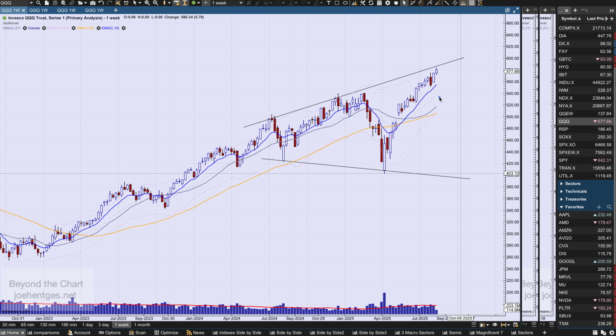Now, by definition, they'll say, okay, the top's not in until this low is taken out. But I'll tell you, given the bearish implications, when this starts to flip, I'm not sure you want to wait till all the way down here to take advantage of it. So anyway, I guess out of the 4, I would say the Qs, the Nasdaq 100, looks the most bearish, clearly jumping off the page with a broadening top. The SPY, somewhat, but I'm skeptical of it. And the other 2, I don't see it.